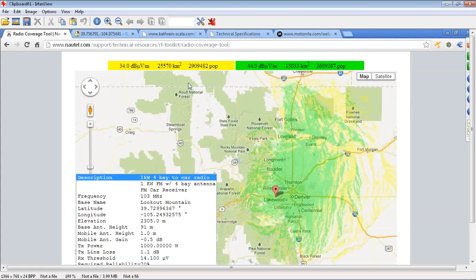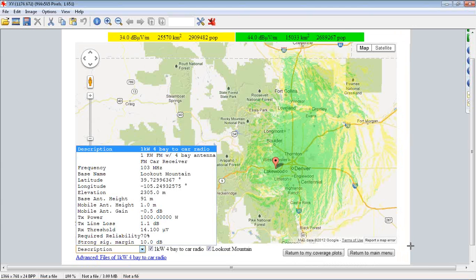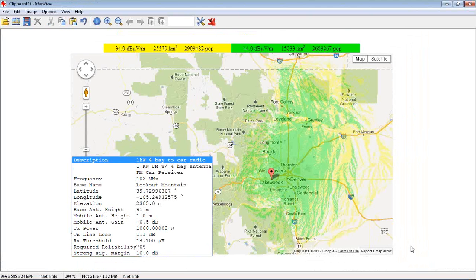So I just did a screenshot in Windows from the software on the web page, and then I pasted it here into Irfan View. And then what I can do is draw a little box around this part and isolate just what I want to see, hit Control Y, which is crop, and now if I hit Control Z, I can paste that into anything, or I can save it as a JPEG, or I can do what I want. So I have a document that includes all of the reference information that's inside, the map showing the coverage, as well as all the details about what those coverage areas represent, both in terms of signal level, square